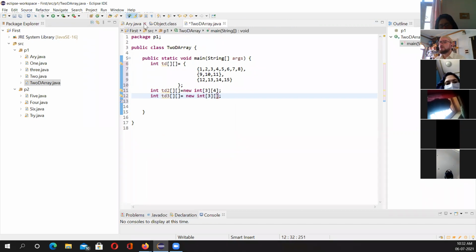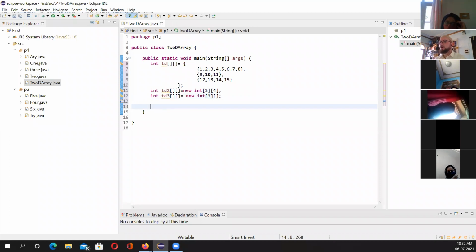6.java, ry.java, object.2d, मेरा क्लास है ना ये. Okay. Now let us try to access them. I want to access them. Okay. If I firstly say like this, जैसे आपको याद होगा, arrays dot